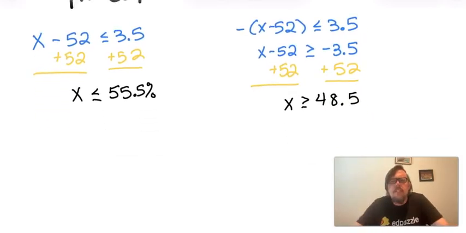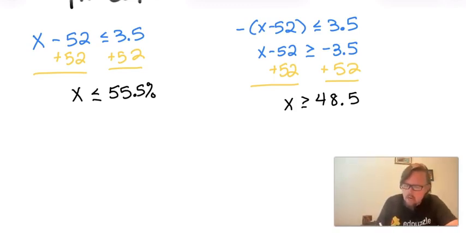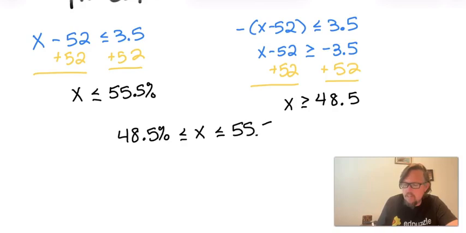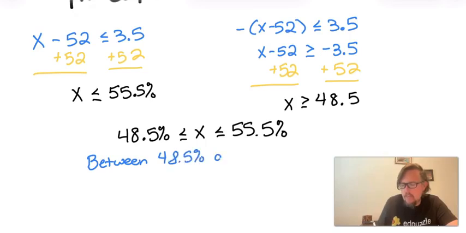So this means that our answer is between 48.5 and 55.5%. Our inequality could be written as 48.5% is less than or equal to x, which is less than or equal to 55.5%. Writing this in a sentence, we would say between 48.5% and 55.5%